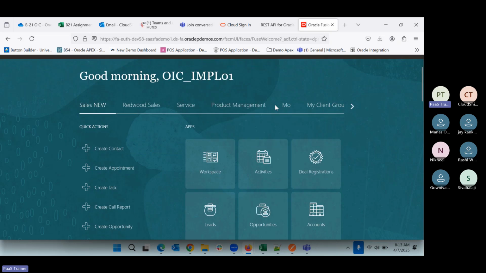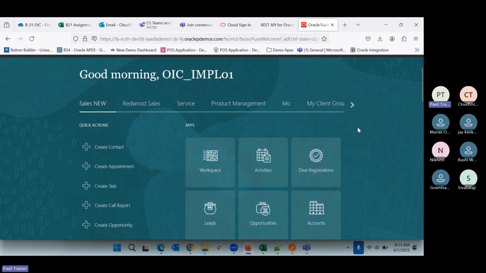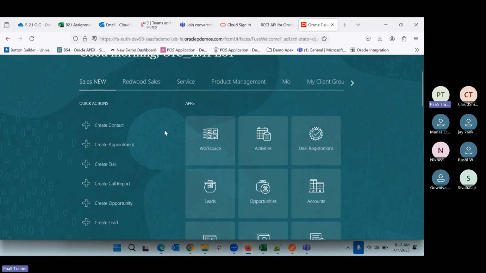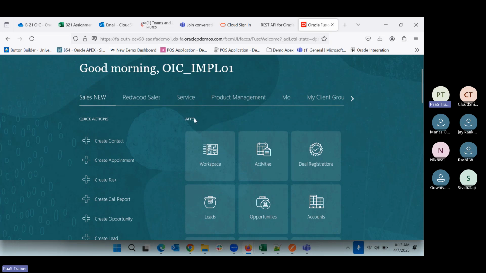Now, where will you go for the supplier? There will be different things, like different tasks and so on, and based on that, we are interested in the supplier, so supplier will come into the